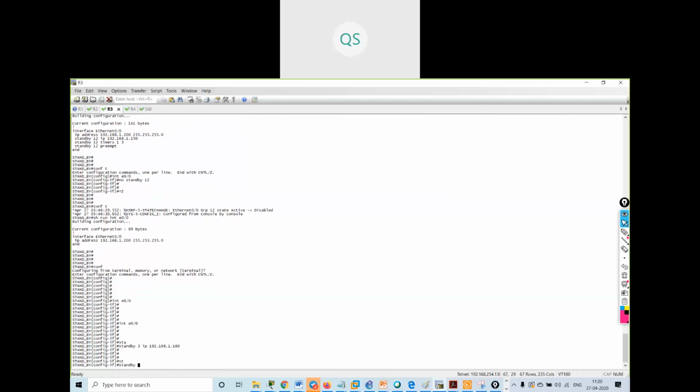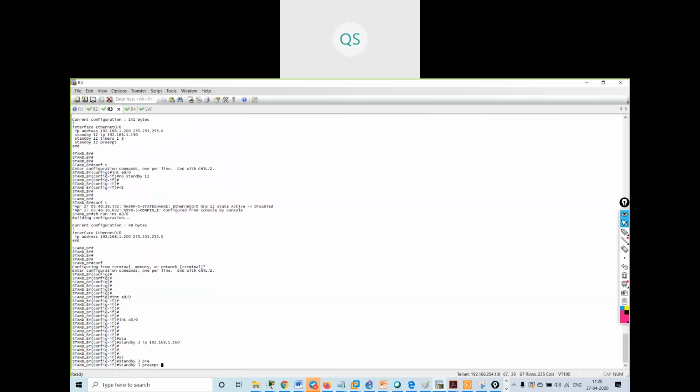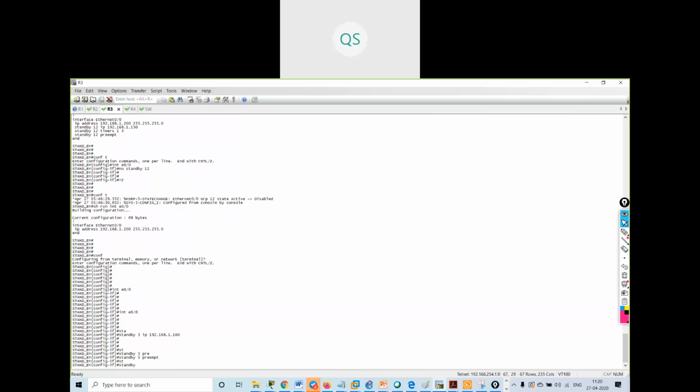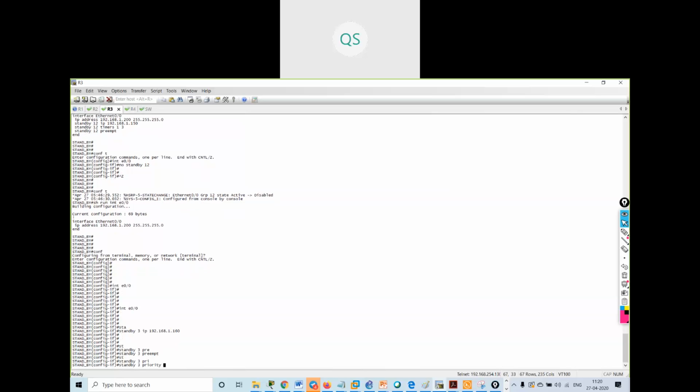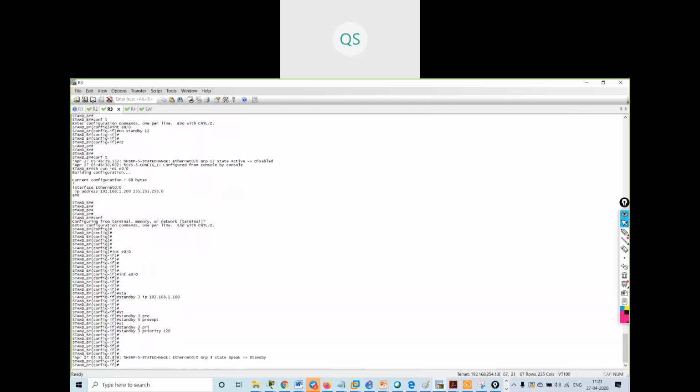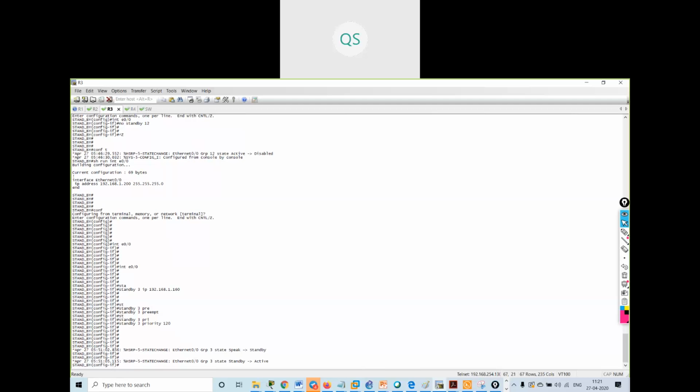Then standby 3 preempt. Then for standby group 3, the priority value for this router will be 120. With this, I have made this router the active router for group 3.